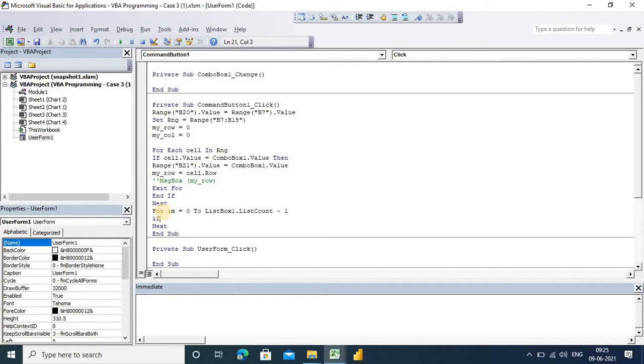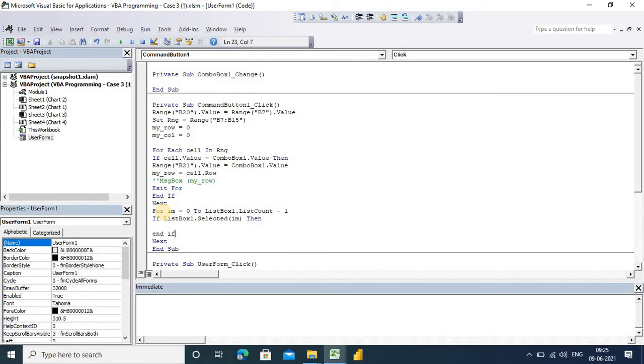meaning a selected item, ListBox1.Selected(IM), then we'll select again Range B20, sorry B20, I am replacing it, B20.Offset(0, IM plus 1).